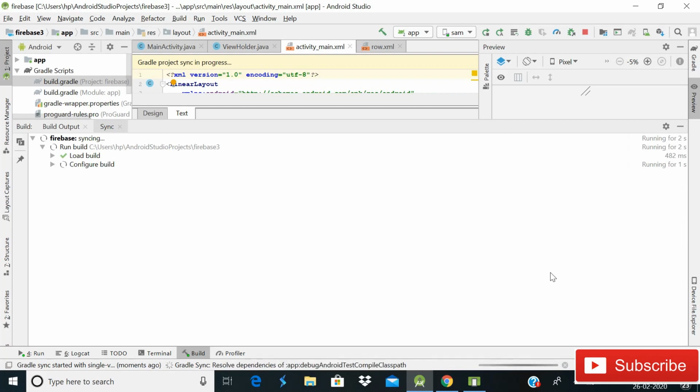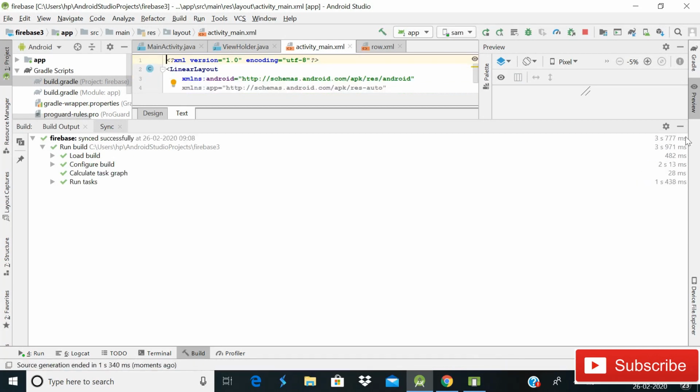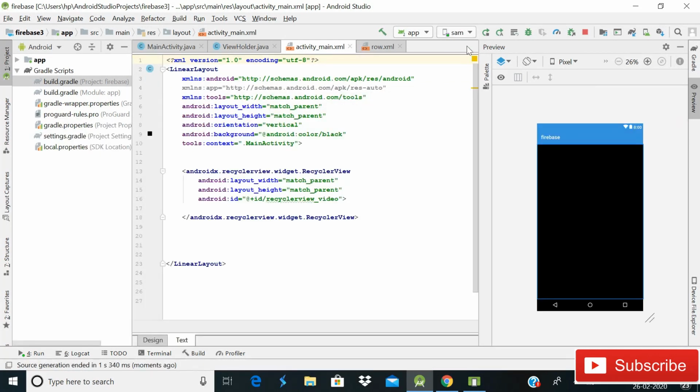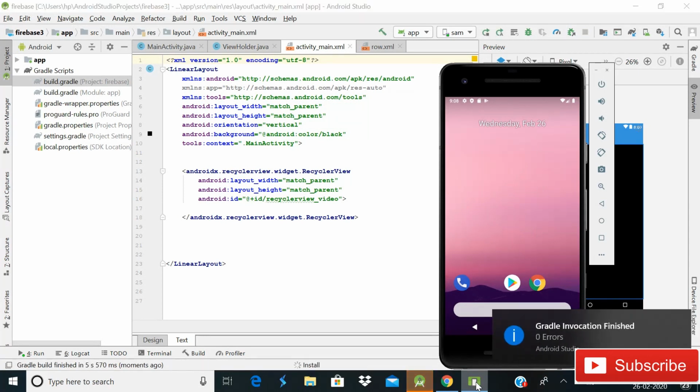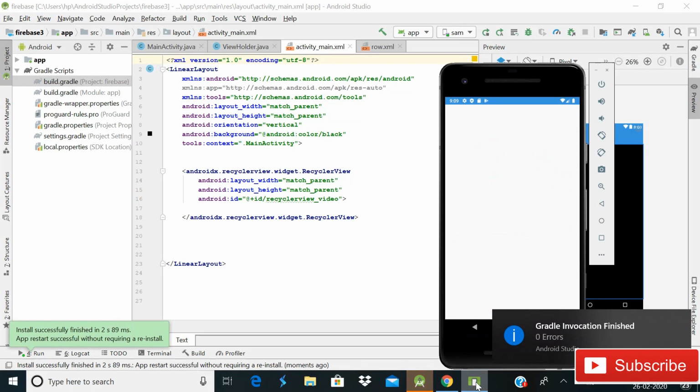Now our app is syncing. Hopefully there should be no errors, and when it is successfully synced, we will run our app again. If you still get any error, please let me know in the comment section. I will try to reply within 24 hours.